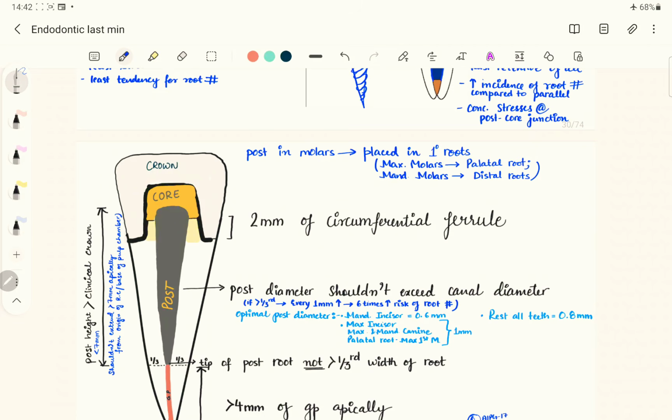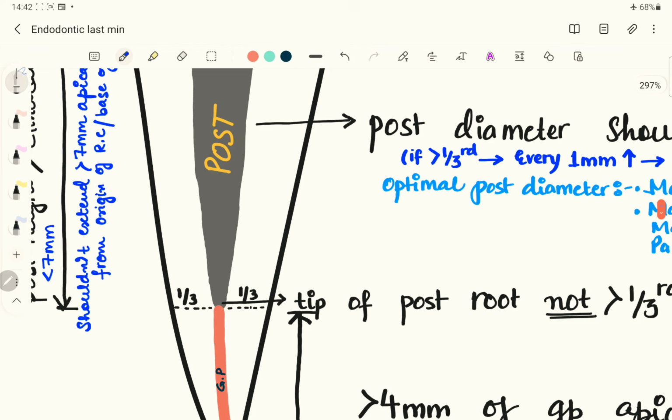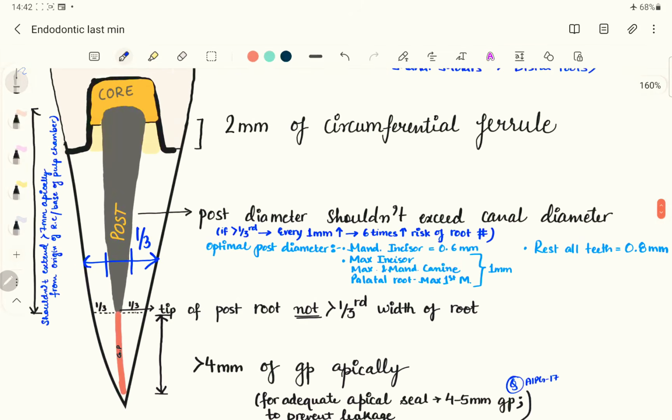So the post diameter should not exceed 1/3 of the root diameter. If you see the diameter of the root, say suppose the diameter of the root is this one, divide it into 3 parts, and then 1/3 should be the diameter of the post. So the post diameter should not exceed, first of all, the canal diameter, and it should be 1/3 of the